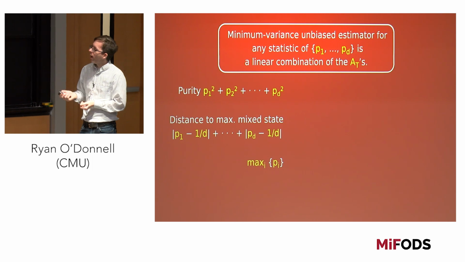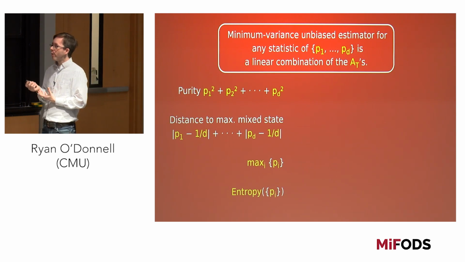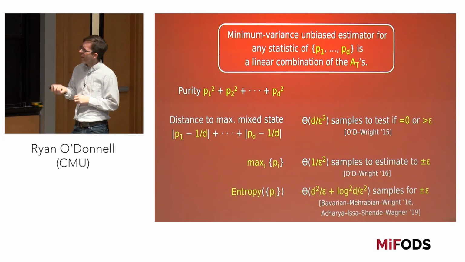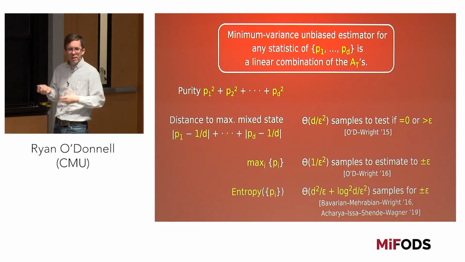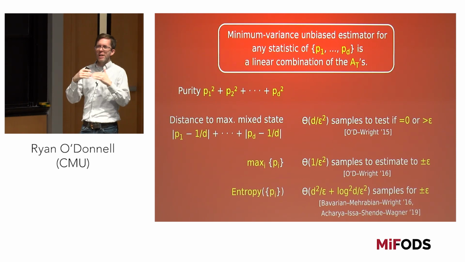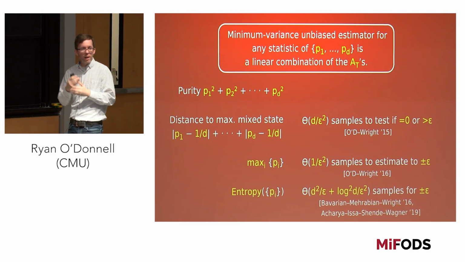And don't read this too carefully, but I just want to say that you can use this approach to get sample complexity results for all these problems, which are in many cases known to be tight. And you see they all have polynomial dependence on d and epsilon. And they're usually somewhat bigger than the best sample complexity for the classical problem.